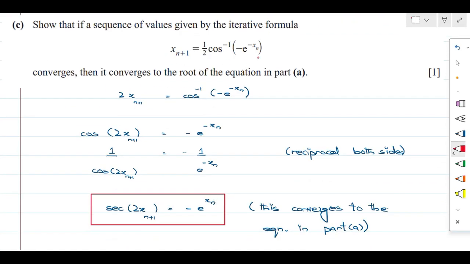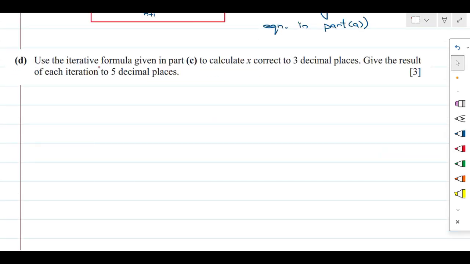So they said if this sequence of values converges, then it must converge to that equation. So it is proved that it converges and it converges to that equation. If it converges to that equation, it is proved that this sequence of values converges. Yes, it's true. Now for part D, use the iterative formula given in part C to calculate x correct to